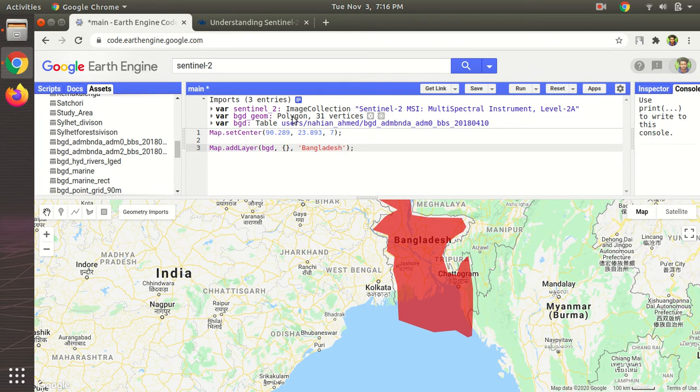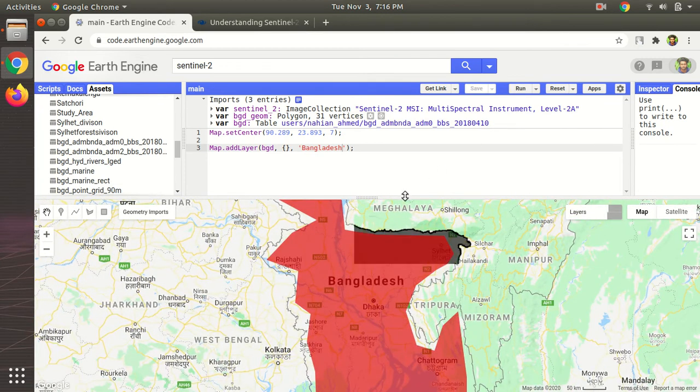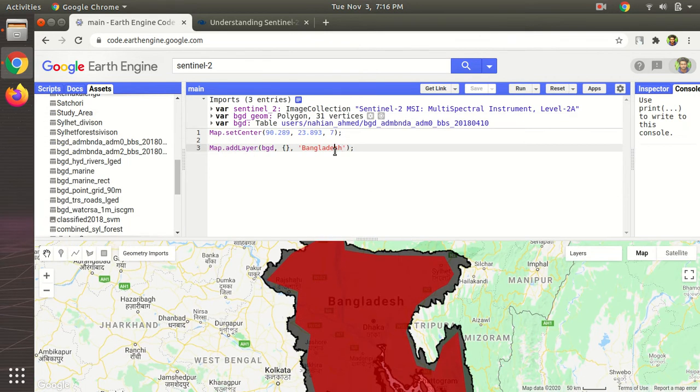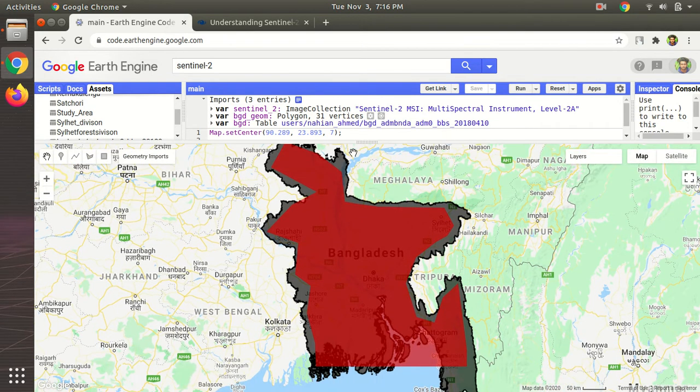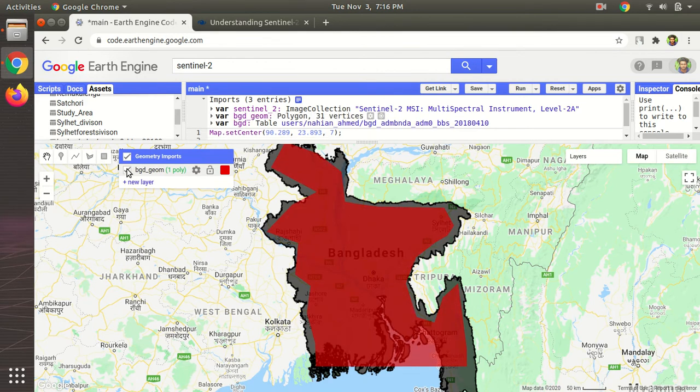Now if we run this code, if we give run, save this as well. See, this is our Bangladesh shapefile that I just imported, and so it's been added to the map twice. We can turn this off and then show you.